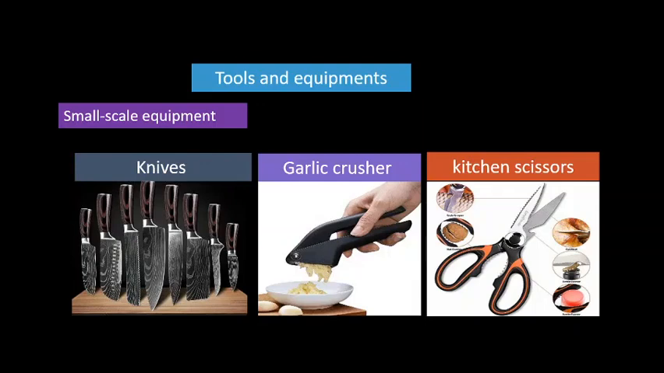As you can see in the images, different types of knives are used by different chefs, right? That's a basic tool you need in a kitchen. Then you have the garlic crusher. It is used to crush garlic into smaller pieces or paste. And then we have kitchen scissors, which is a multi-use tool that you can use